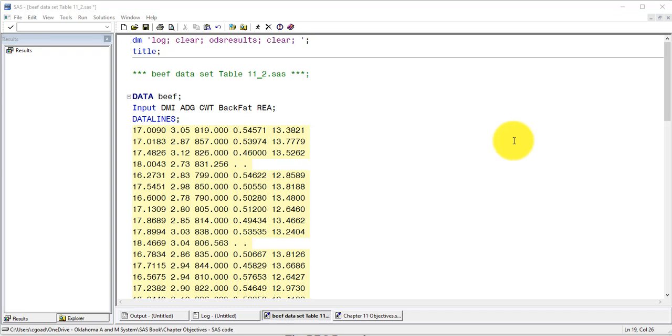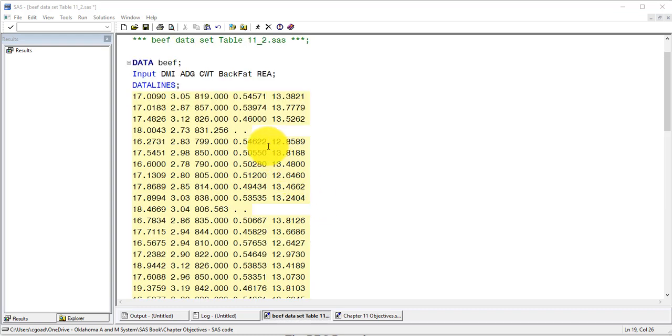In Objective 1, we're asked to regress the carcass weight on feed intake, or the DMI, and observe the default output. Use alpha equals 0.05 to interpret the significance of the slope parameter. So first of all, here's the beef data set up for you. Again, go to the datasets module in Canvas to see this. And so it's got all of those entered. Notice we have a few missing observations,